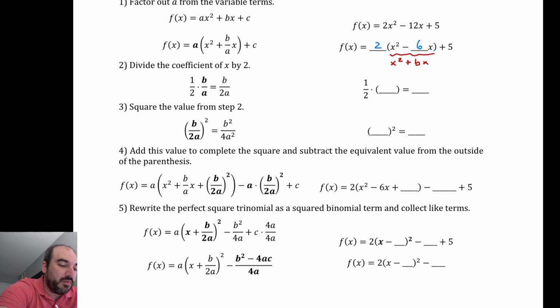I know it's always going to be 1 once I get to that parenthesis. And I have a plus bx. Now that b, in that case, is a minus 6. So we're going to figure out what b over 2a is using that b. So negative 6 over